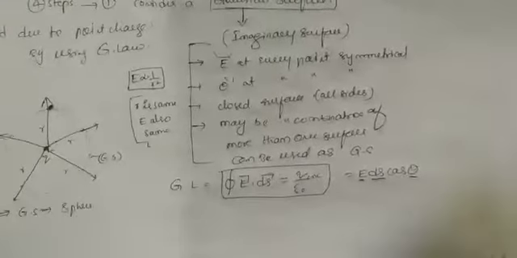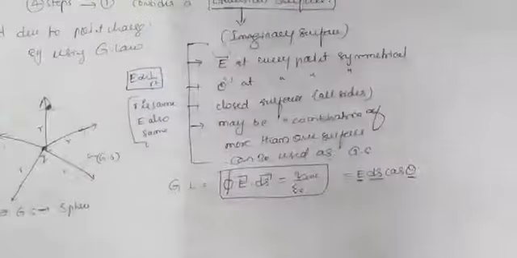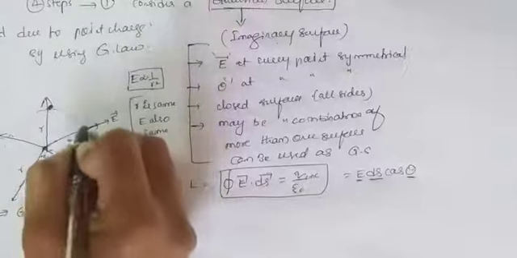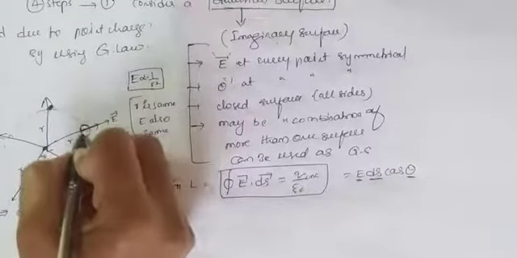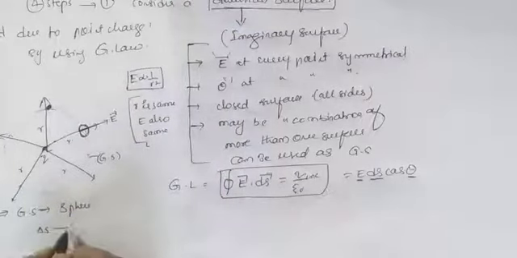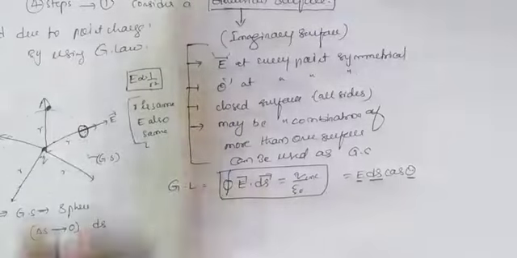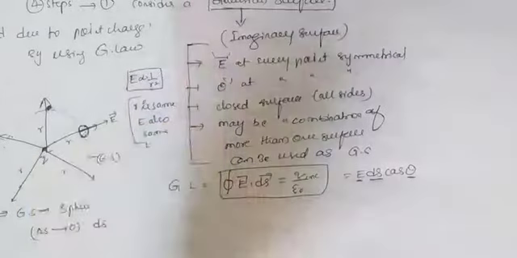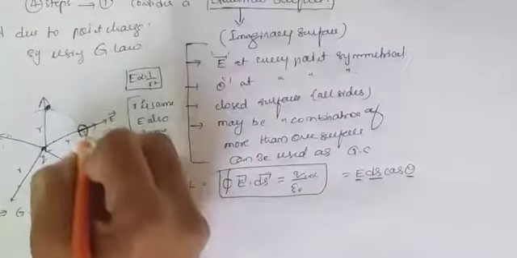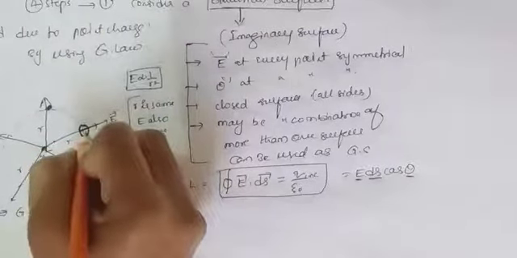Now see here, this is the electric field vector. Here I am taking a small area, delta S. If it tends to 0, we have to take ds. As it is a very small area which tends to 0, the area vector is always normal to the surface. If it is a small area, then the normal vector is like this.